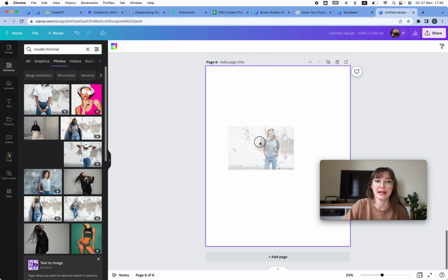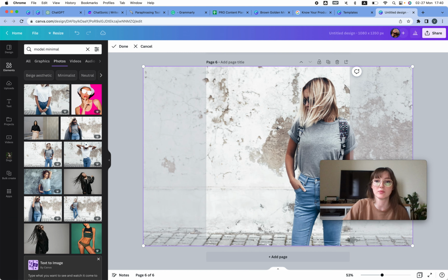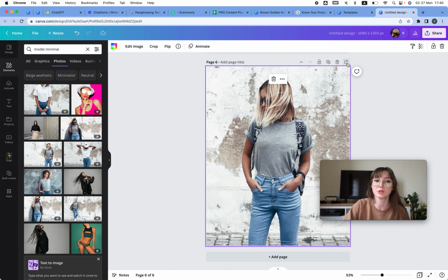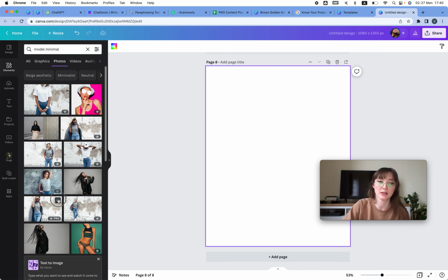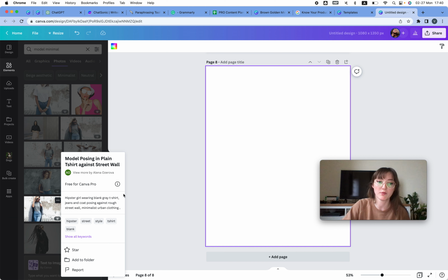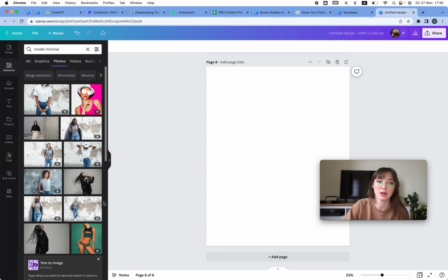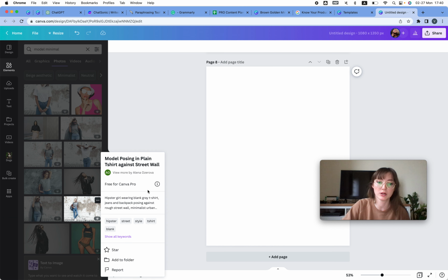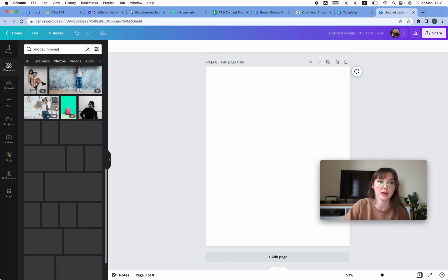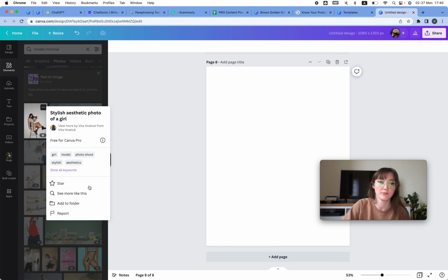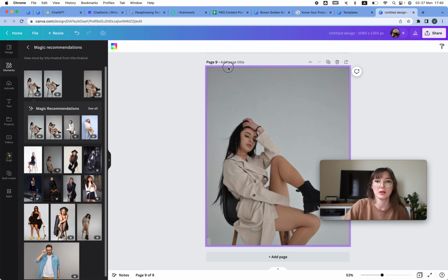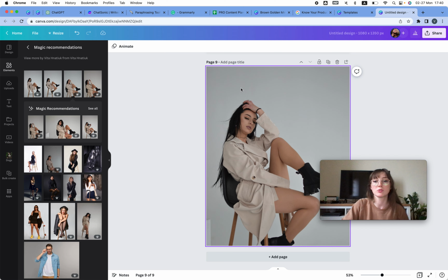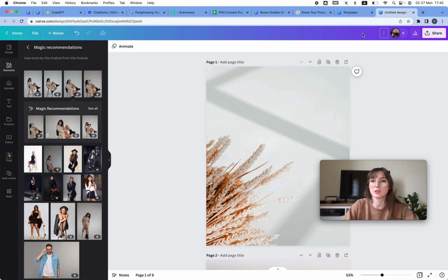And again, same thing, if you see something that you like, some of these images, you can always choose more of them by clicking here and choosing, well, some of them you can't because they don't have them, but some of them will have see more, and in this case I don't see that, but let's try this one, see more like this, and then I can add these, the scrolls images over here. So now that I have my images, I can just type them minimal, I will download them,